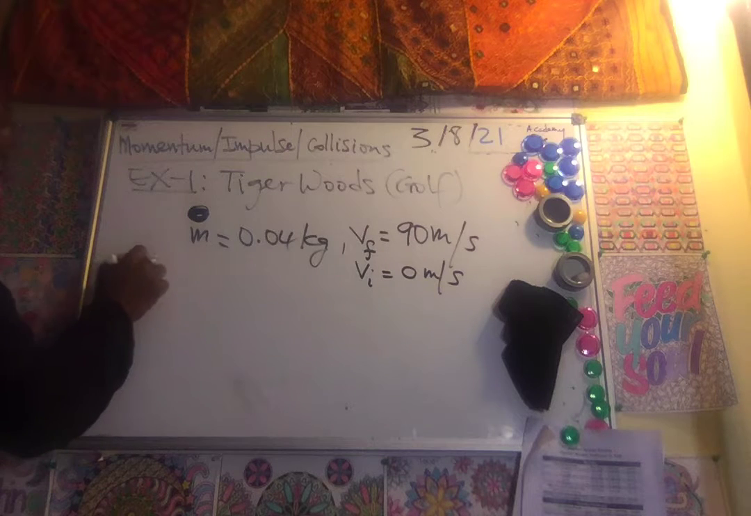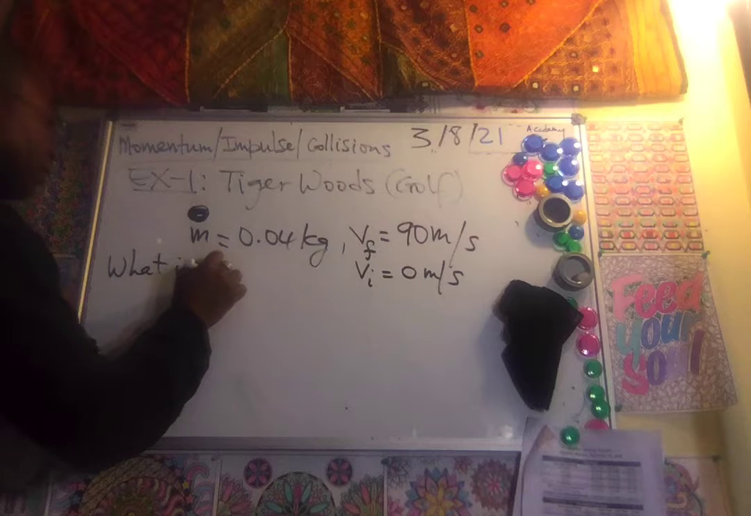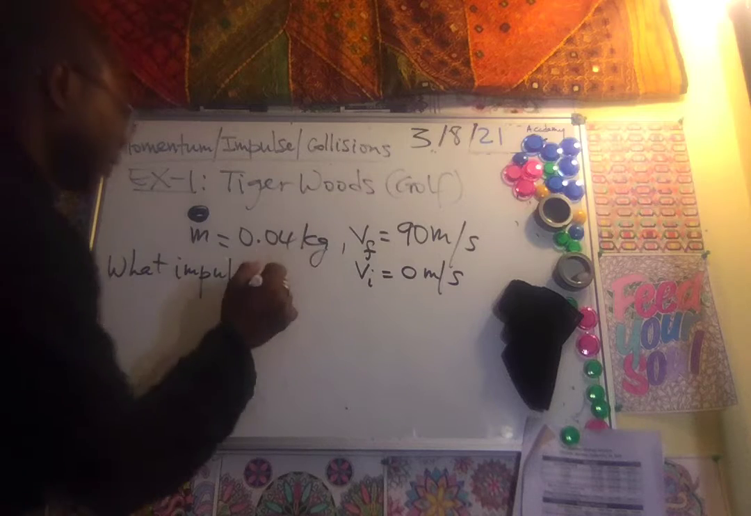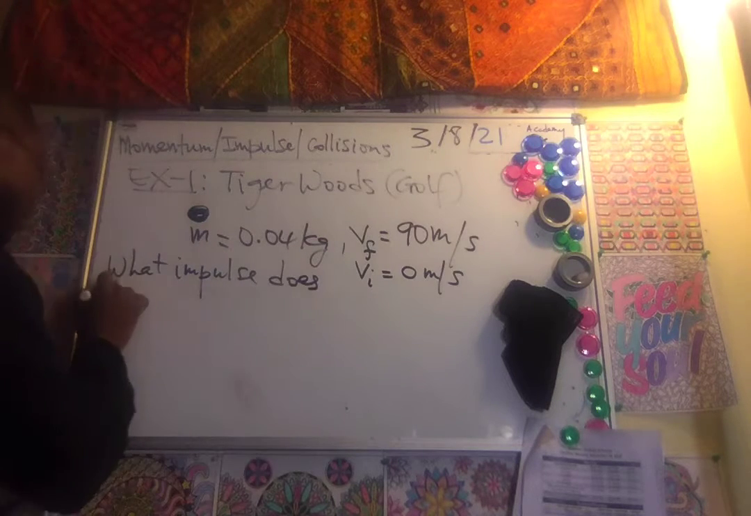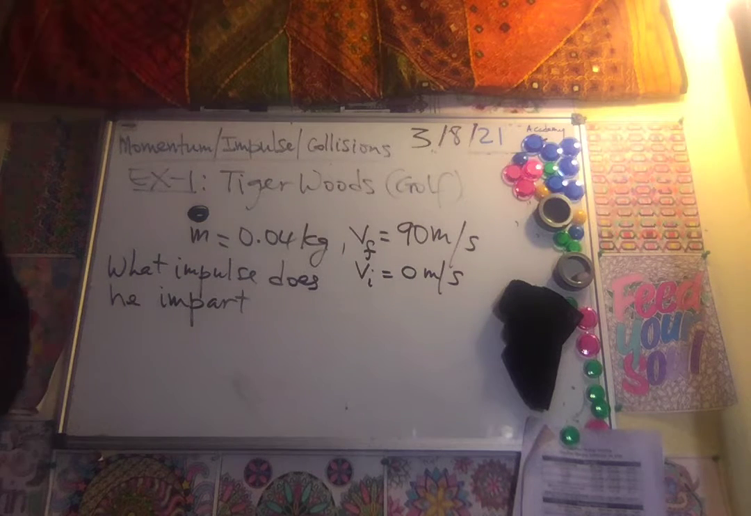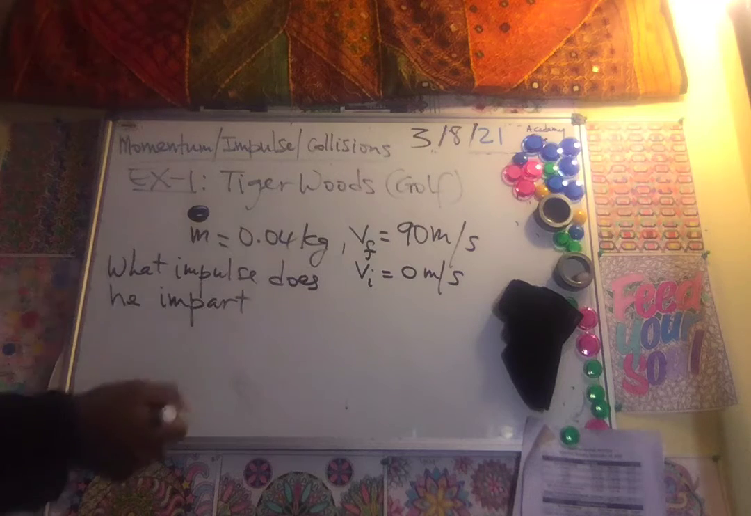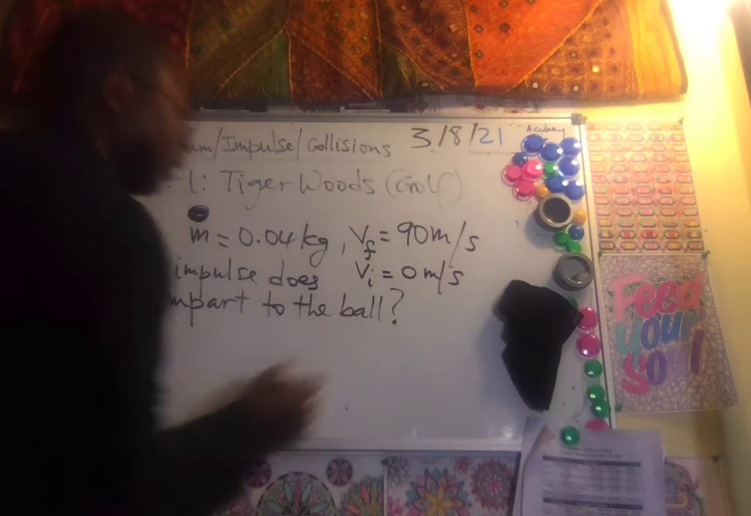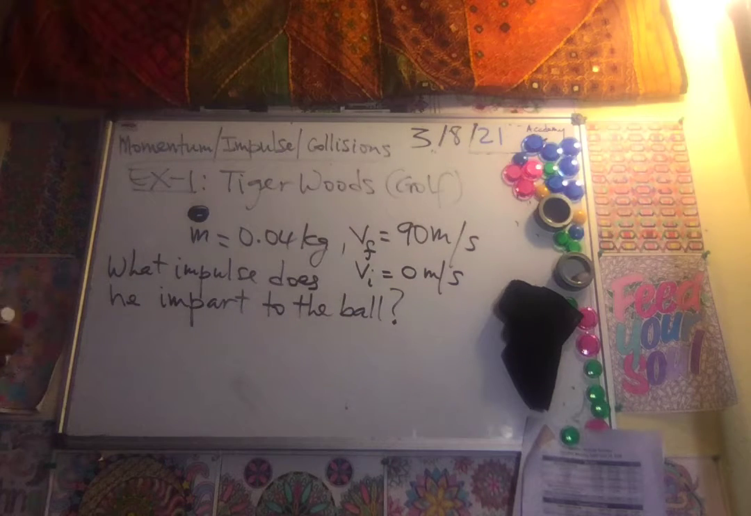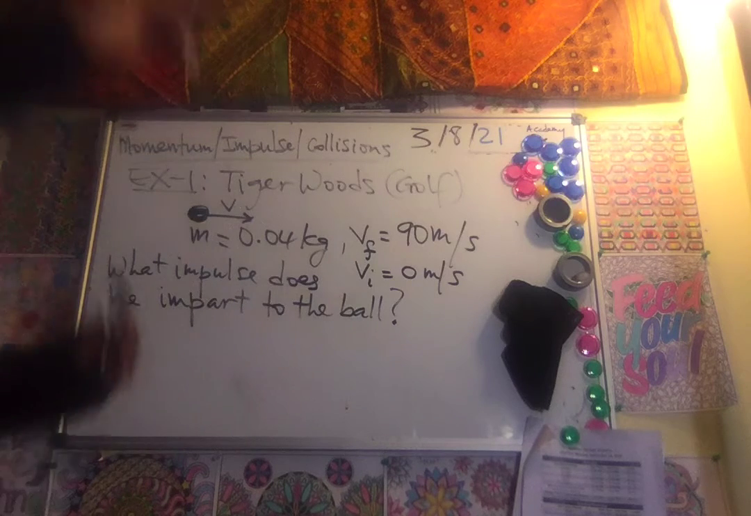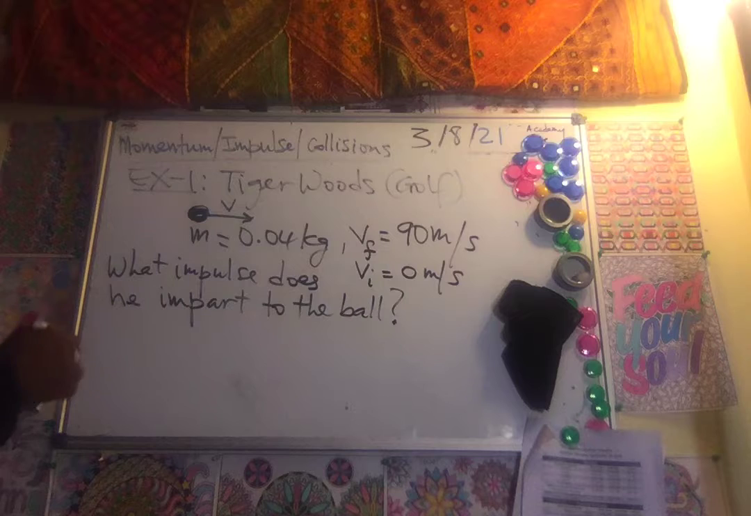What impulse does he impart to the ball? That was the question. Okay. So they gave us the mass. He swung it and sent it with a velocity. So it took off. Boom. Right? So they want us to find